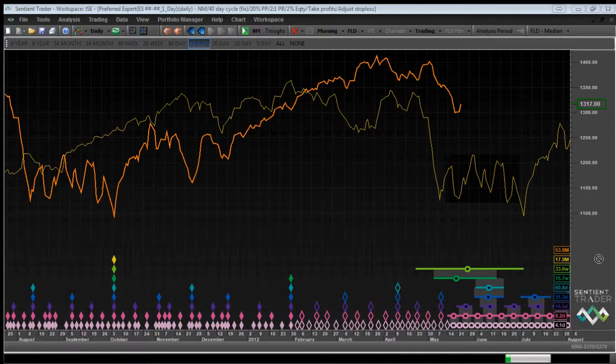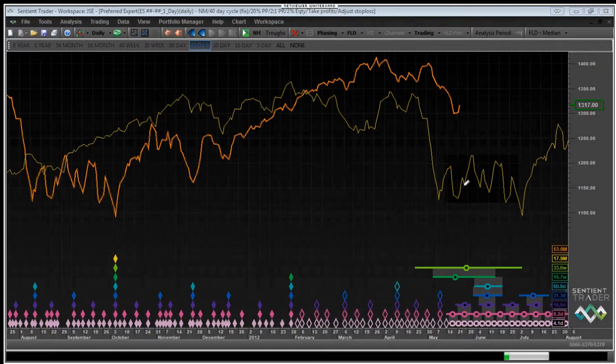So according to that very simple guideline, that W that I've drawn there, which is something that I often do myself when I'm analyzing the markets, according to that W, I would expect the trough of the 40-week cycle to occur right over here. In other words, in the first week of June. So that's one thing that I've noticed. As John says, I wonder if the 18-month FLD will be touched next month.